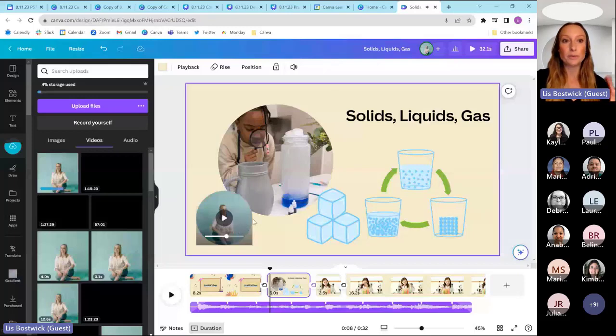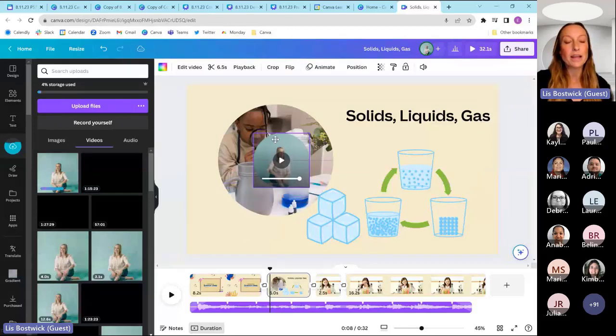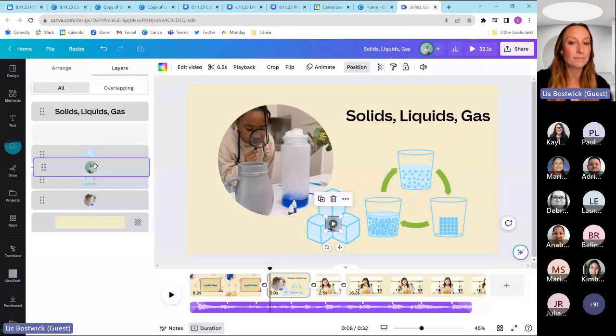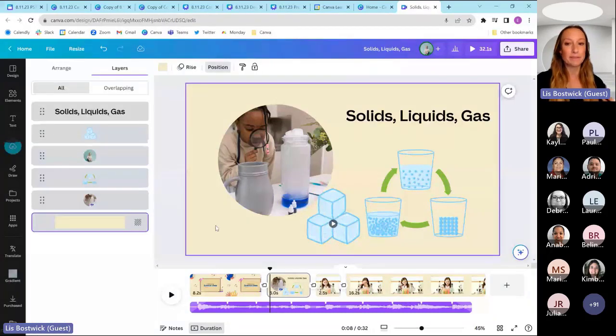If my video was not being used by Teams right now, then we would have been able to see me in here, but you can turn your camera on or off. The other thing I really like is that if I want to position this behind the ice cubes, I can go up to the top and click position, and I can always move that behind. And that way I don't have to see that.